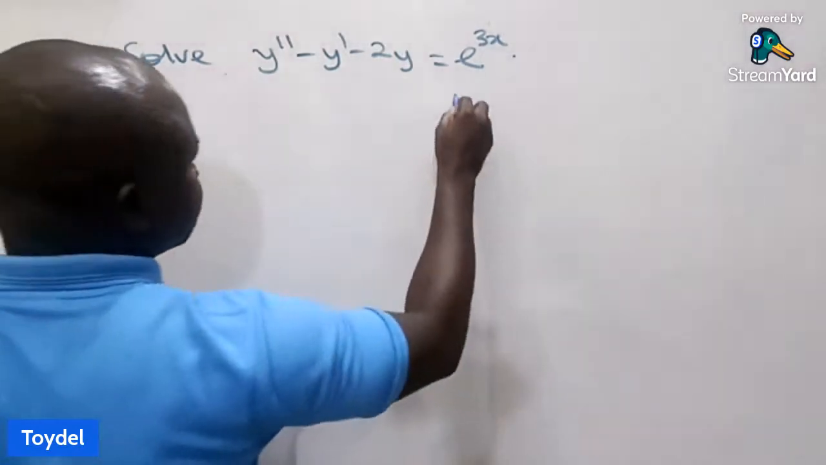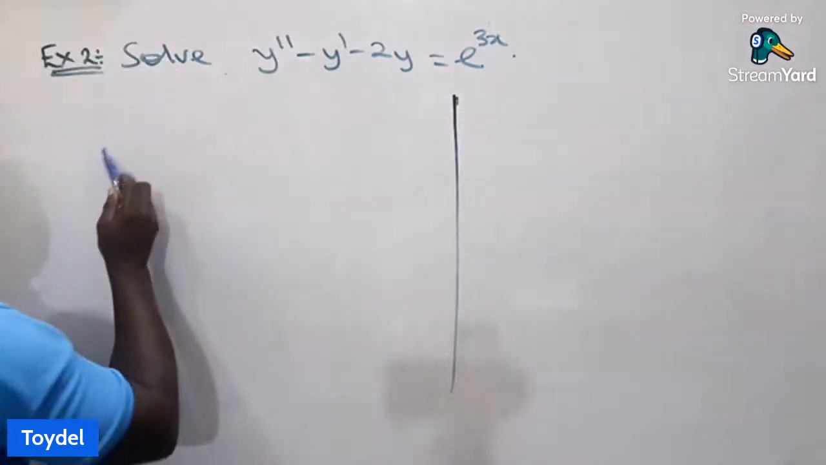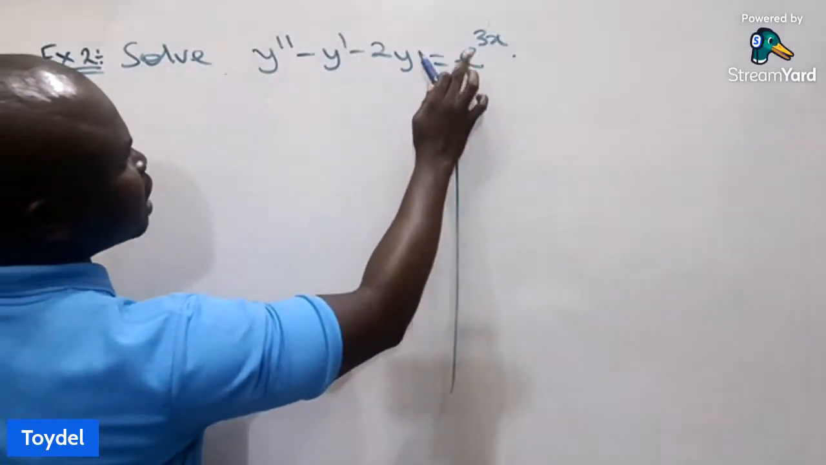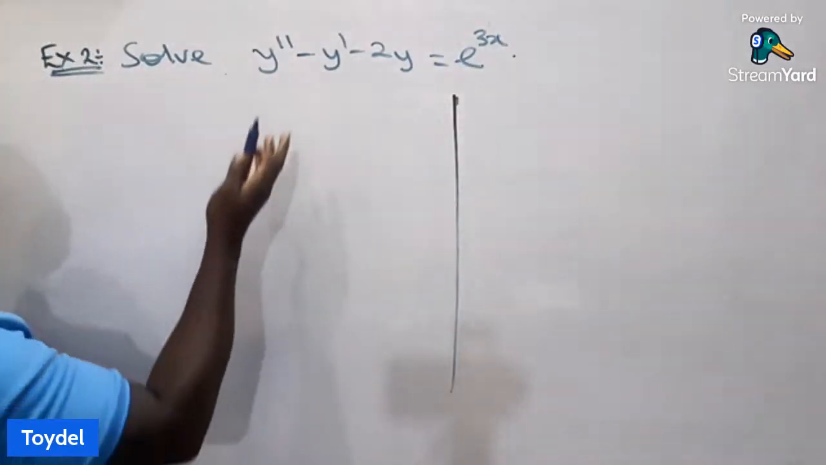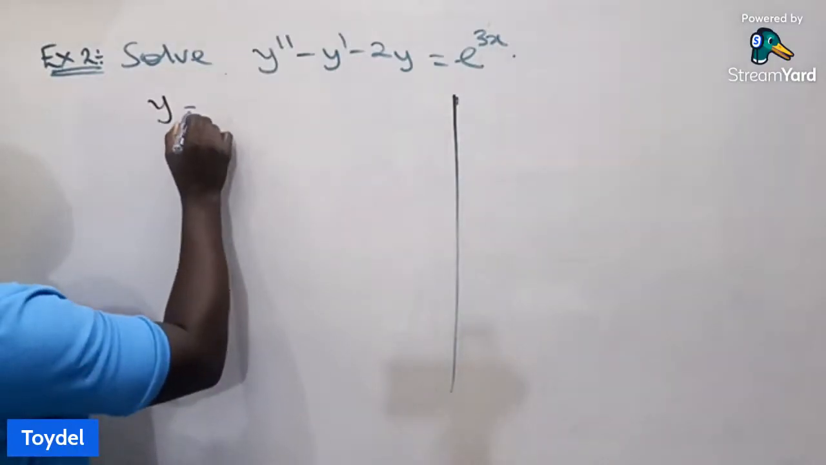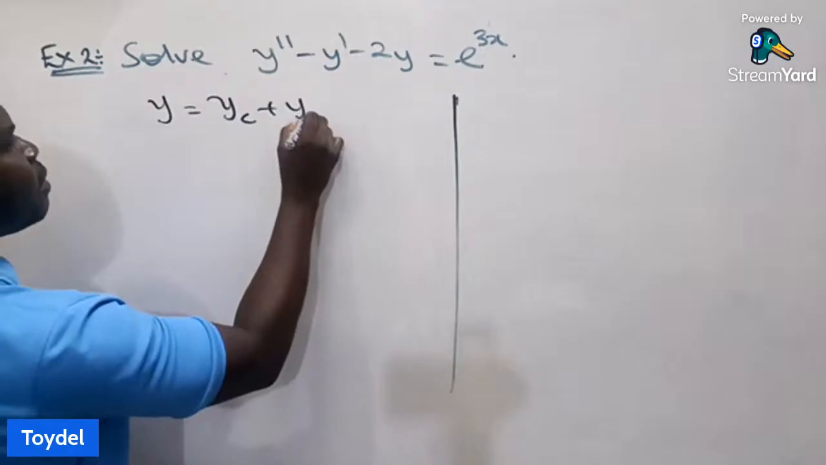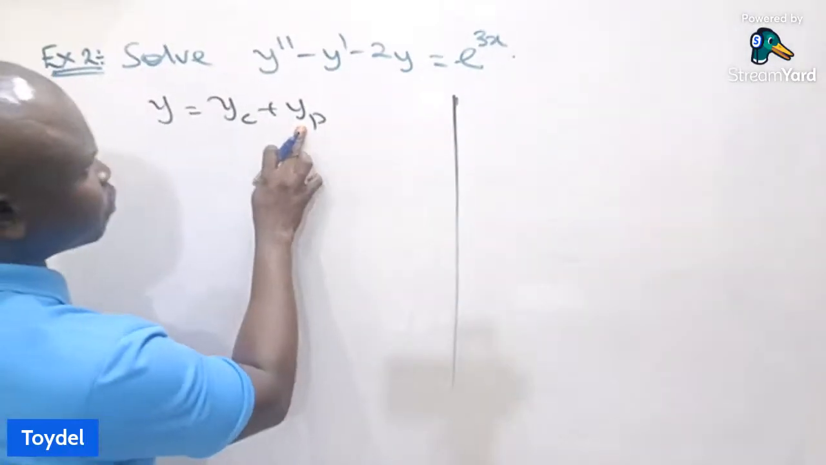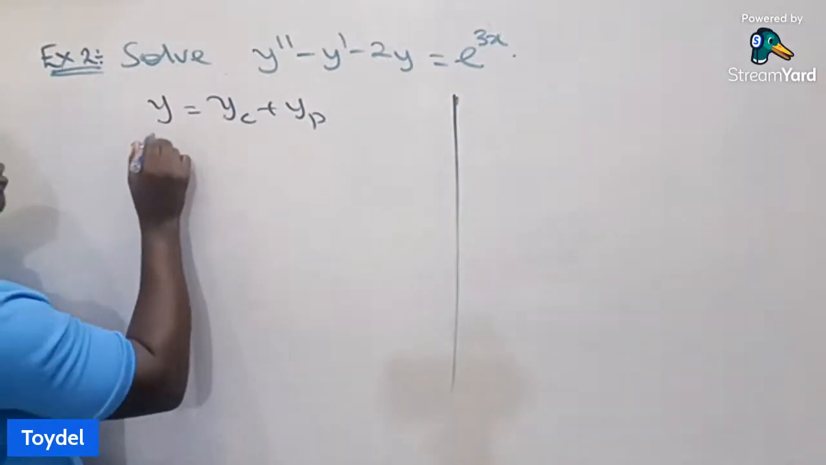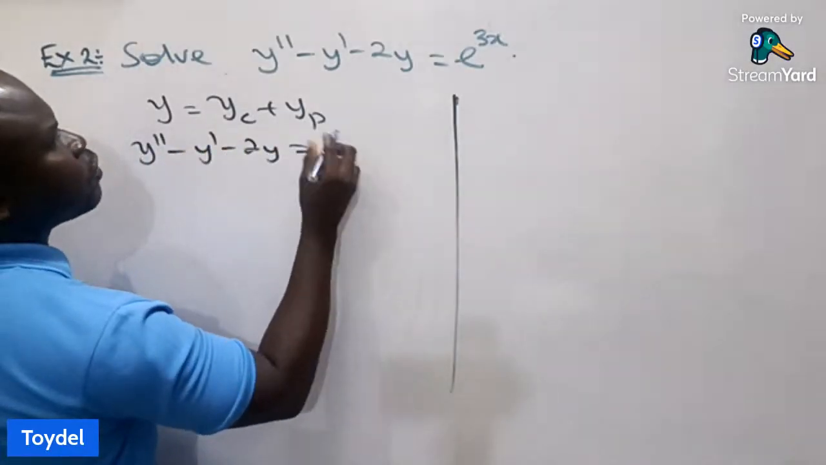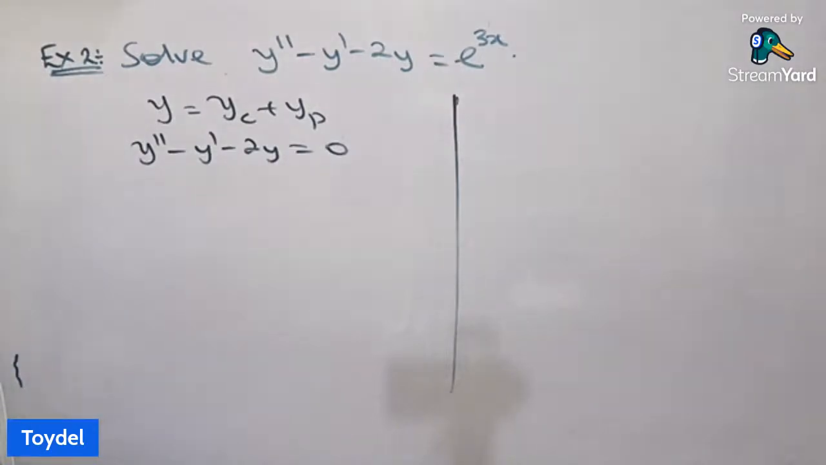In this example, we are given that y prime prime minus y prime minus 2y is equal to exponential 3x. So how do we solve this problem? Of course, the solution y will be equal to yc plus yp. This is complementary solution, while this is particular solution. So the first thing we are going to do is that we first find the complementary solution. How do we get that? We equate the right hand side to be equal to 0 in order for us to be able to find